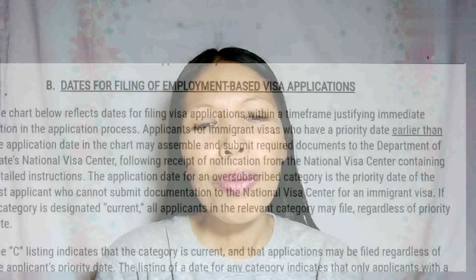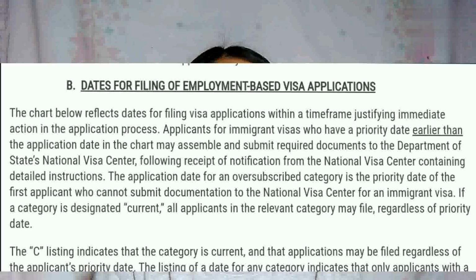Dates for filing of employment-based visa applicants. The chart below reflects dates for visa applications within a time frame justifying immediate action in the application process.